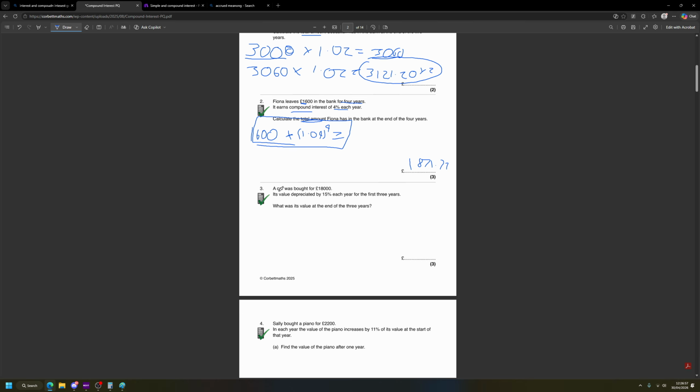Now, this one. This is in reverse. It's value depreciated by 15% each year for the first 3 years. Now, I low-key forgot if this is simple interest or not. We could do both. I believe this is simple interest. Because it's depreciating. I want to say that's correct. We can check the answers after this. Anyways. So 18,000,